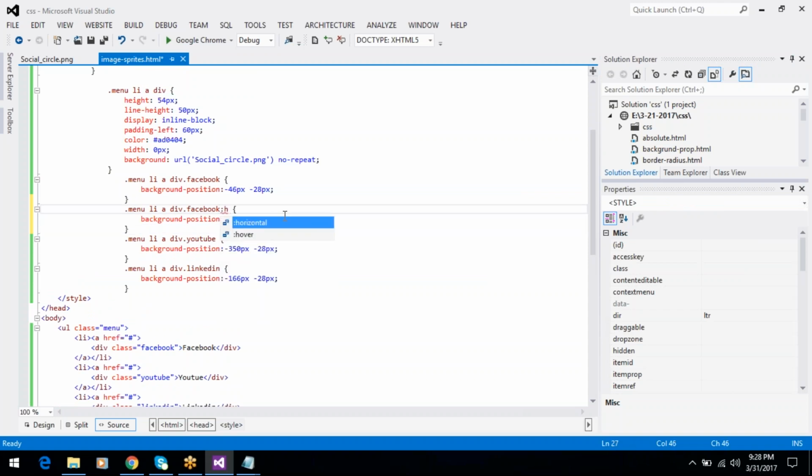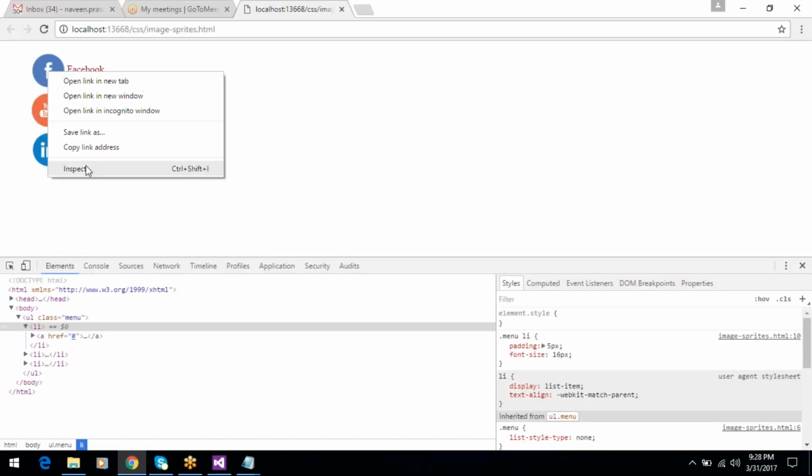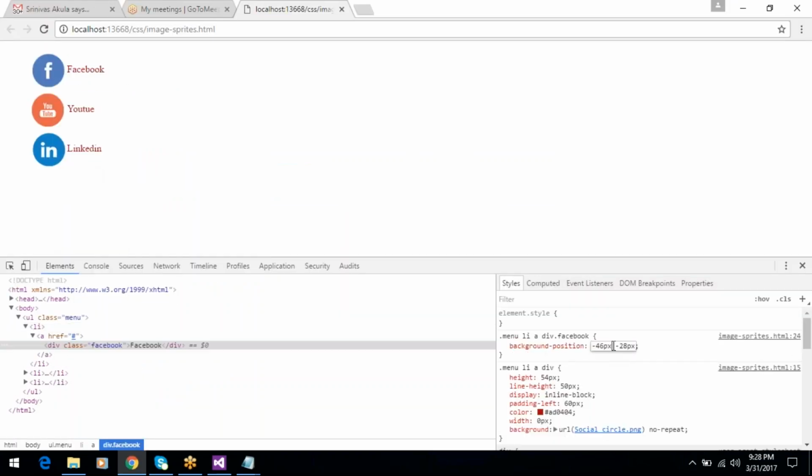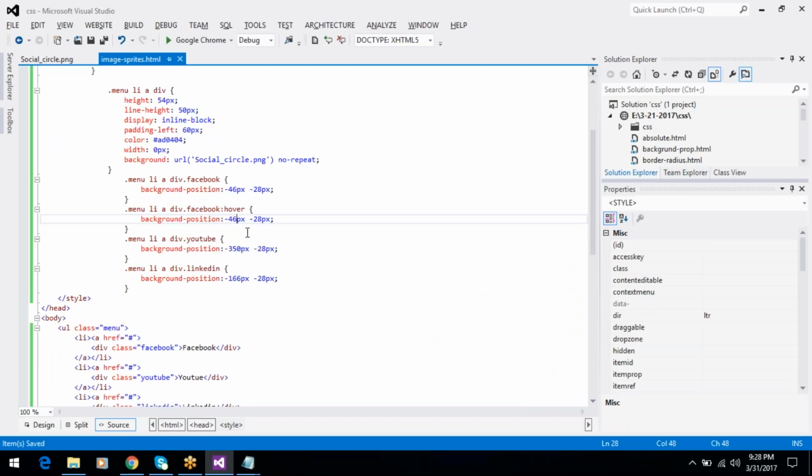Facebook hover style, Facebook hover, okay, 96 pixels. And YouTube hover,